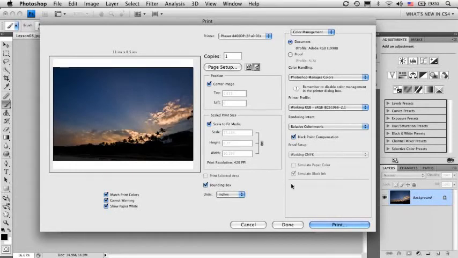The caveat is it only works on the Mac, and it's only because the Mac OS supports the passing of 16-bit data to the printer, and the PC operating system does not. Okay, so it's not Adobe favoring one operating system over the other. The PCs just simply don't support passing that 16-bit data. But if you're on the Mac and you have a printer capable of printing 16-bit,